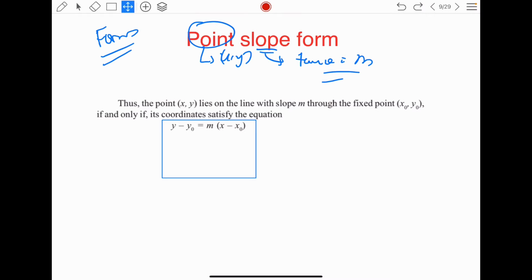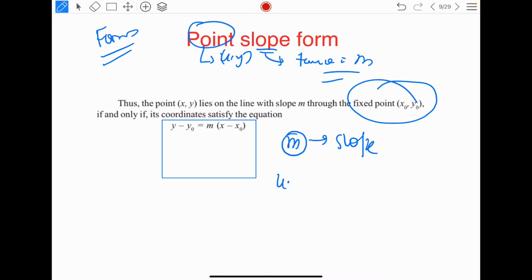Alright, let's try to understand. x naught and y naught are the point. y and x are the variables of the equation. Every equation will have an x and y. x naught, y naught will be given to you, which is the point through which the line passes, and m you obviously know is the slope: y2 minus y1 upon x2 minus x1, or tan theta, or minus a by b, all the formulas we have for slope. Okay, so your m will be your slope. Again I'm repeating, x naught, y naught will be the point on the line.